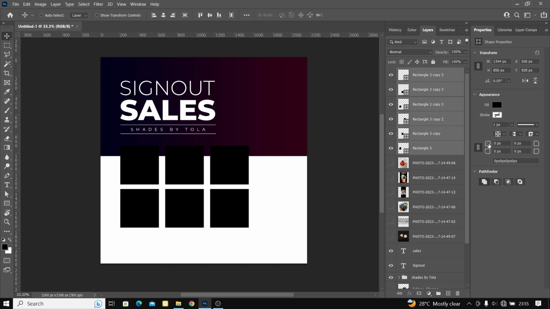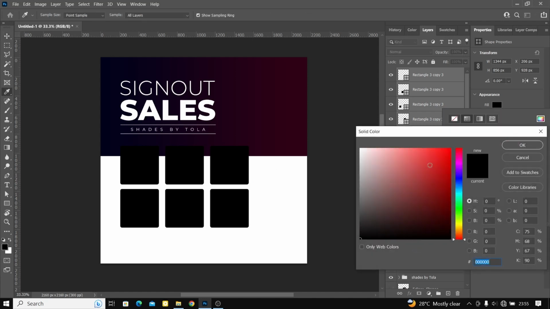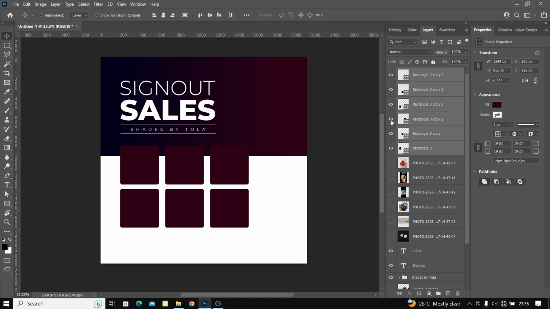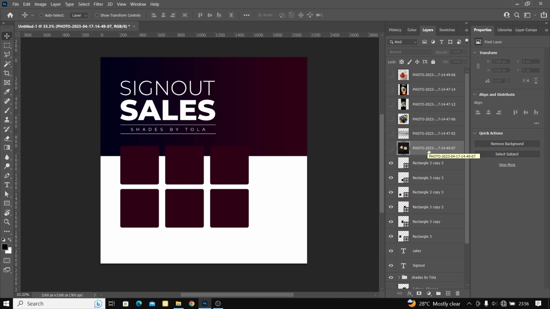So we can select all, then we can give it some corner radius just to prevent those sharp edges. Okay, now let's give them color. Let's give it, let's say, this color. Okay, so now let's drag them beneath the images we imported. Then we can